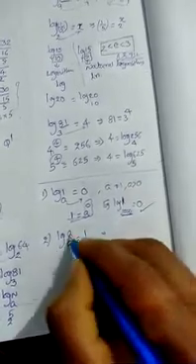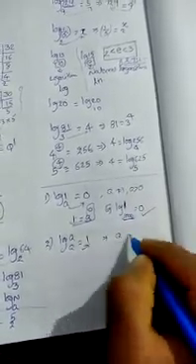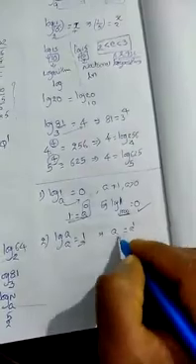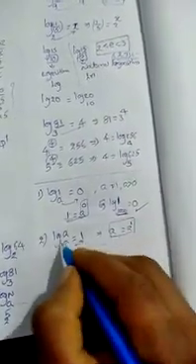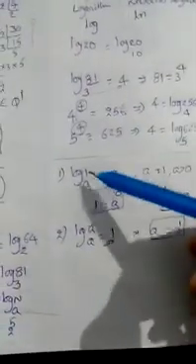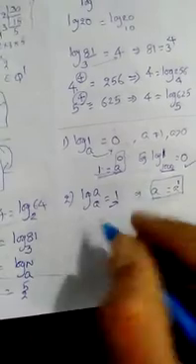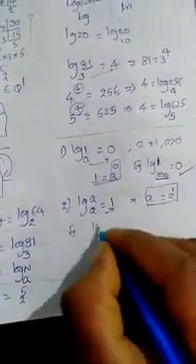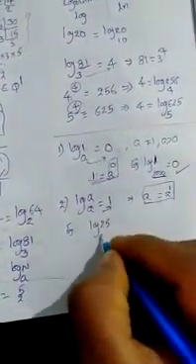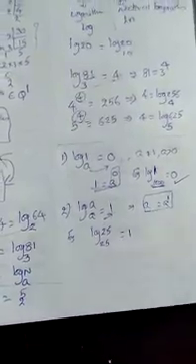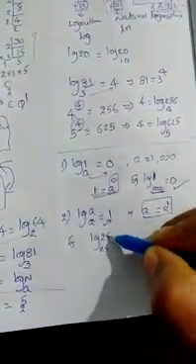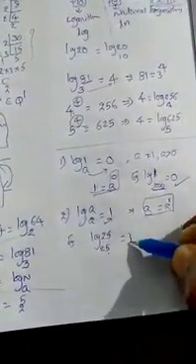Observe here: a equals a power 1. Do you know that a power 1 equals a? So that is the reason log a with base a equals 1. That means log 1 with any base is 0, and log a with the same base equals 1. For example, if I am writing here log 25 base 25, what is the value? Simply we can write it as 1, because the value and the base both are the same.